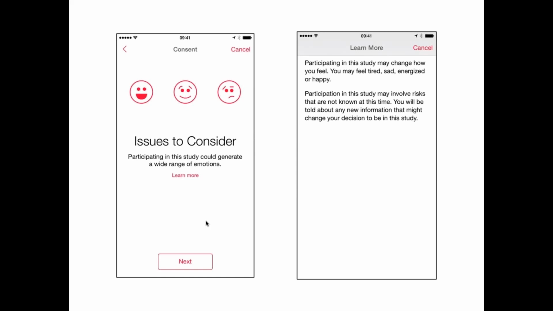And it also comes back to the mobile consent, and that we try and make these things clear up front, that in this case, there are issues to consider. Participating in this study could generate a wide range of emotions, may make you feel tired, sad, energized, or happy.